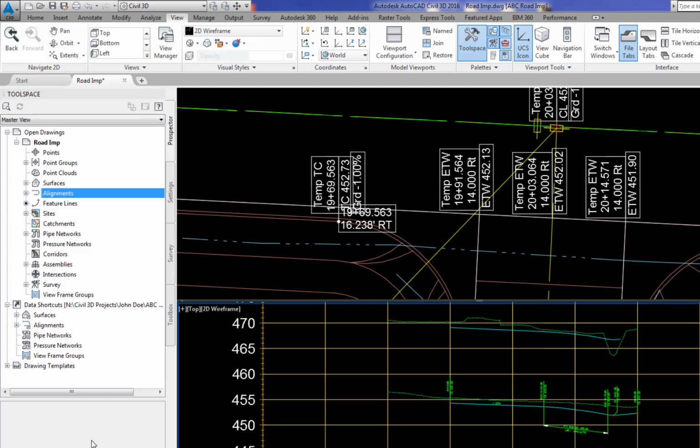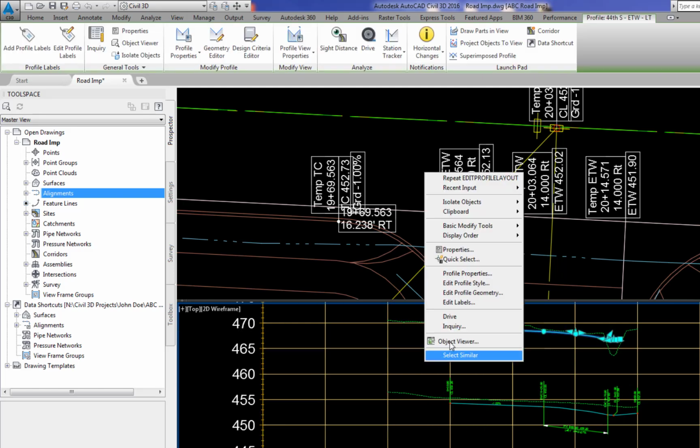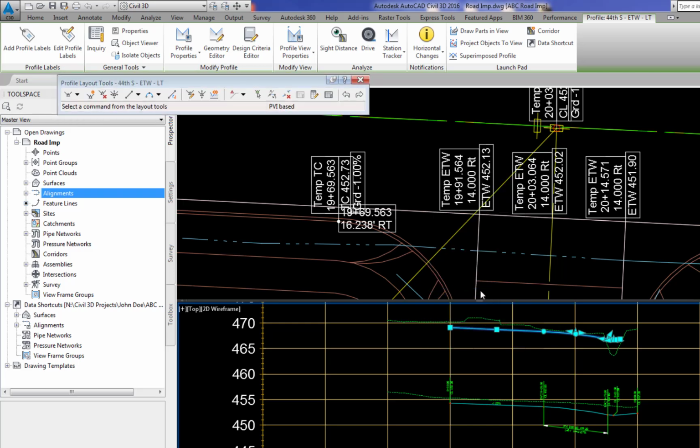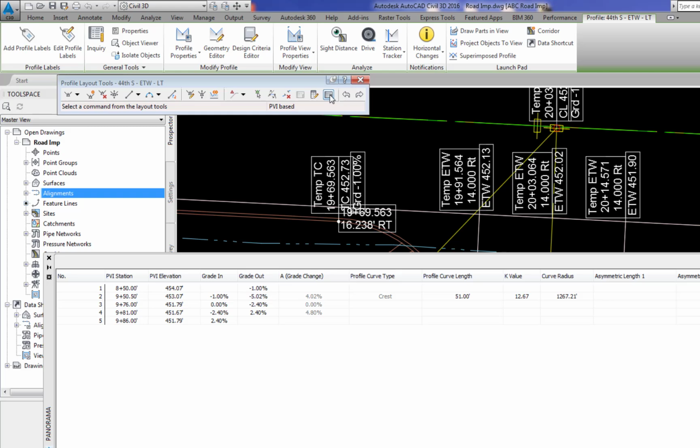Adjust the ETW profiles at the primary road ETW. Pick the ETW left profile, move the cursor and right-click, select Edit Profile Geometry, select the Profile Grid View icon. Use the data shown in the temp plan labels to modify the ETW left profile at the swale. 9+76, elevation 452.13, enter. Same at 9+86, 452.13, enter. At the flow line, 1.2 feet lower, 452.01,